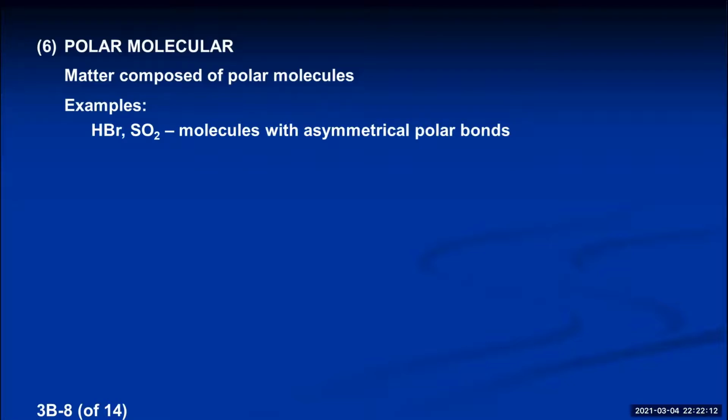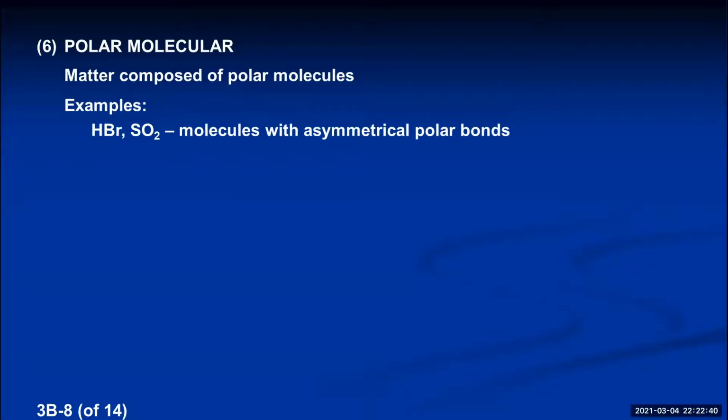But it has to be molecules whose dipole moments are asymmetrical so they don't cancel out. So HBr is a polar molecule because it's linear. There's one dipole moment in it. It doesn't cancel out. It's polar. SO2's Lewis structure and VSEPR theory predict it's a bent molecule with a 120-degree angle. There are polar bonds in the molecule, but the two polar bonds have dipole moments that are not linear. They're 120 degrees apart, so they don't cancel out.